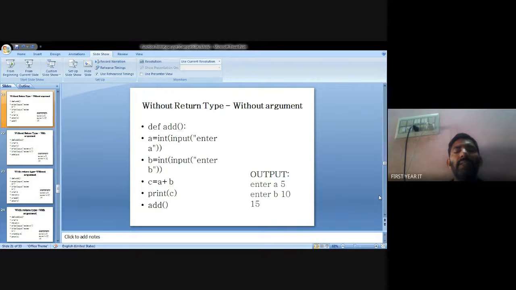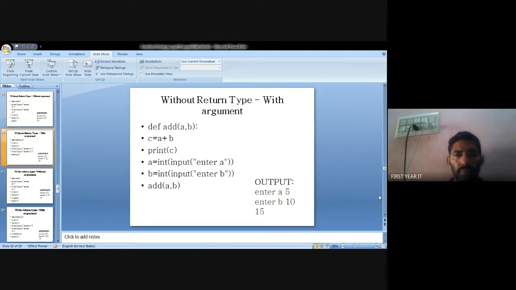Then again the sub function returns to the main function, and the main function gets the result 15. So second, without return types with arguments, that is arguments and no return types. Define add of a comma b.